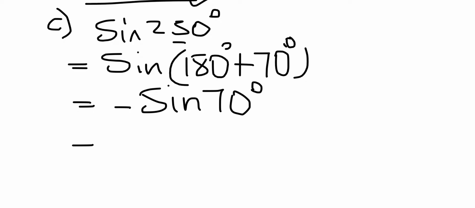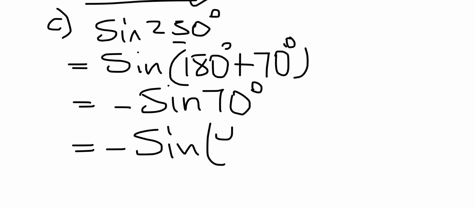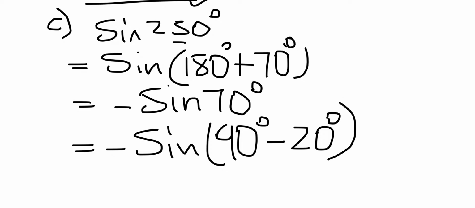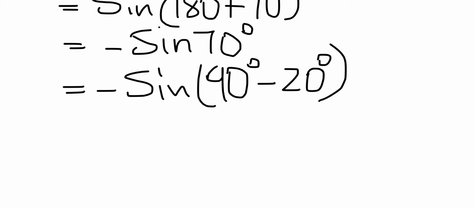You remember there is this reduction formula that we can use, which says 90 degrees minus, if we minus it by 20, that's when it gives us that 70. So we haven't changed anything. All that we did was just to rewrite it in its different form, where we use the 90 to